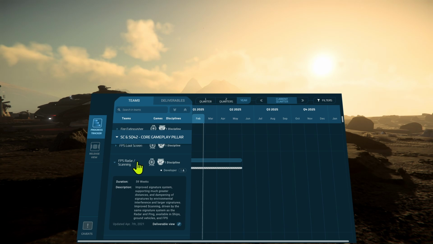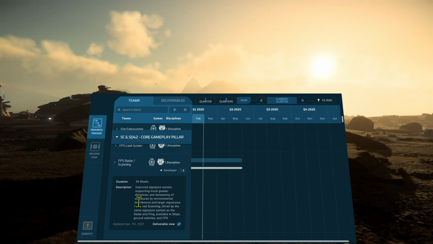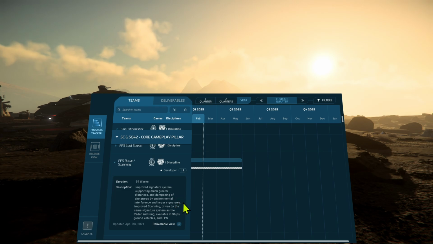FPS radar. This is going to be an interesting gameplay style here, folks. Improved. I mean, some of the things are in already, but one of them is the FPS here that I already see down the list here. Improved signature system supporting much greater distances and dampening of signatures by environmental interference and larger signatures. Improved scanning, driven by the same signature system as the radar and ping available in ships, ground vehicles,